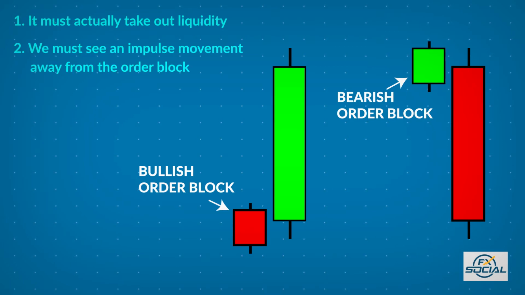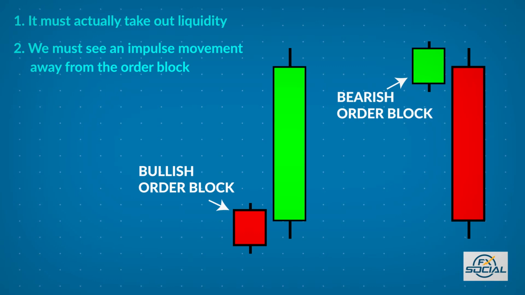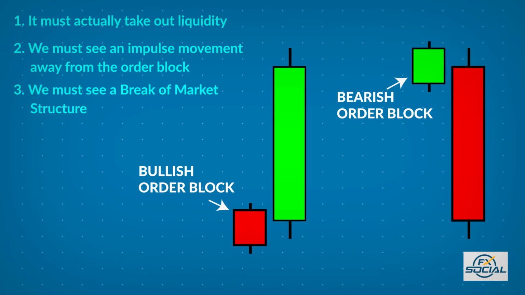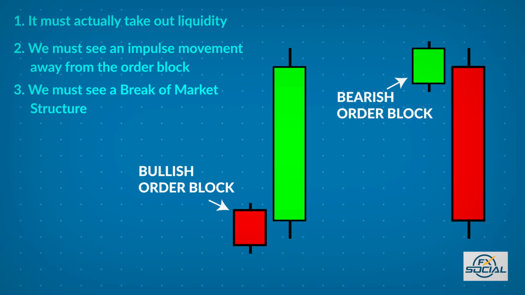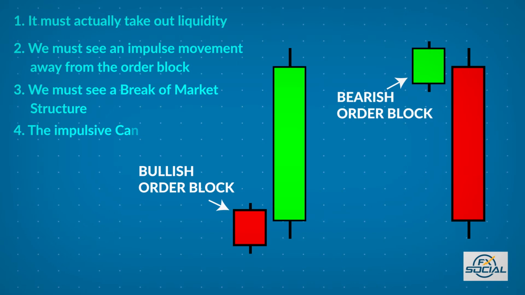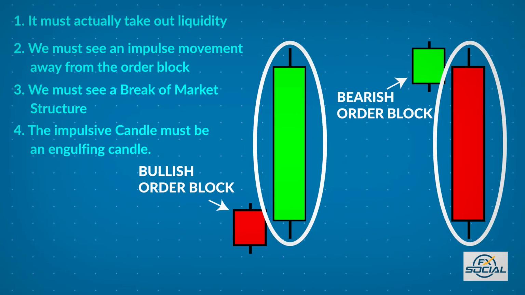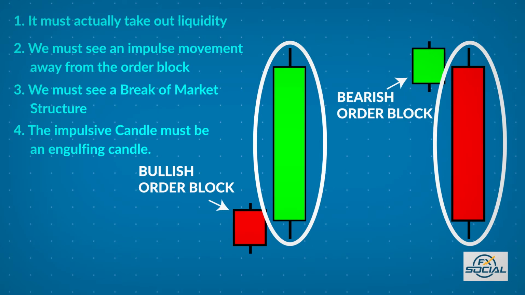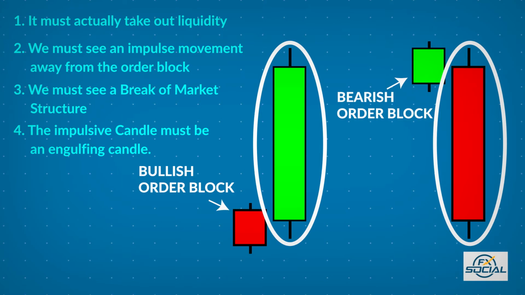Number two, we must see an impulse movement away from the order block. Number three, we must see a break of market structure. I talked about market structure and the break of market structure in the last video. Number four, the impulsive candle must be an engulfing candle. So these are the four major points we need to validate before confirming whether an order block is tradable or